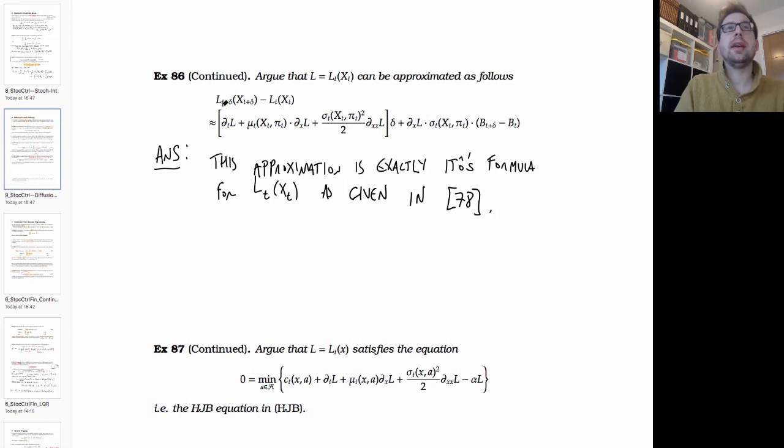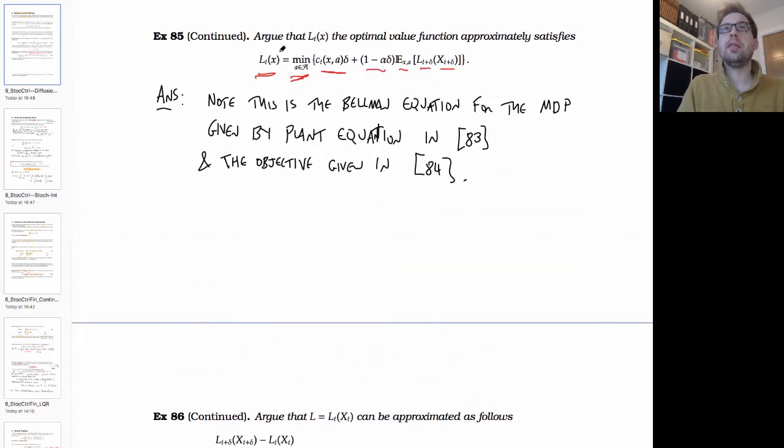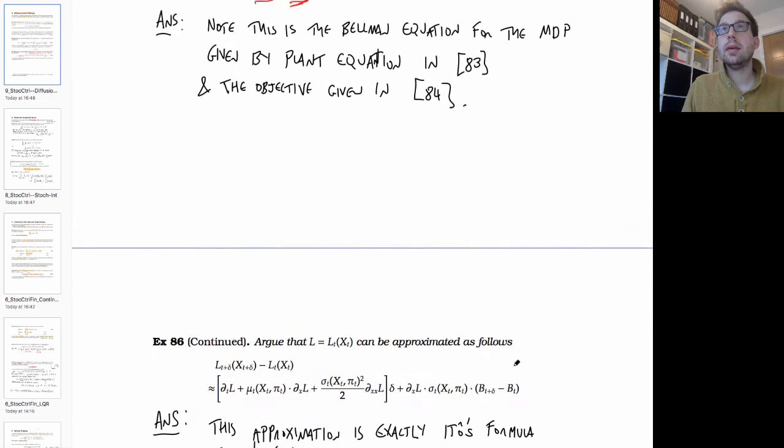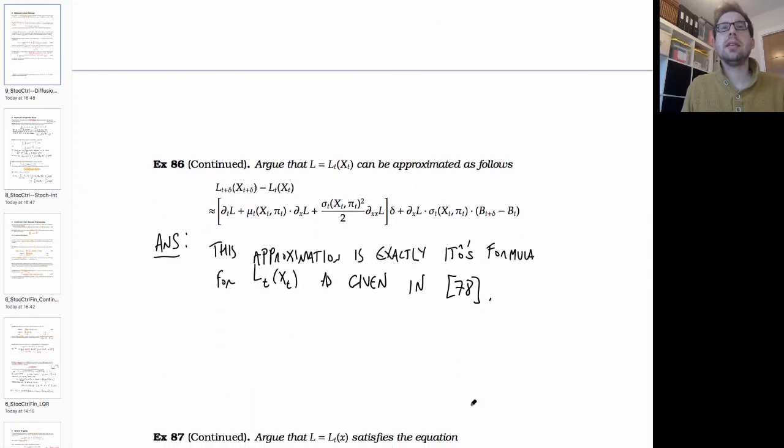Now, rather than having this L of t plus delta, x of t plus delta that we have here, notice I could subtract this L of t of x of t from this term, so I can look at the difference between this term and this term. I can replace it with this. The thing to look out for is the thing in the square brackets here, because we're going to take an expectation on this, and the expectation of this term is going to be 0. That's what we'll see next.